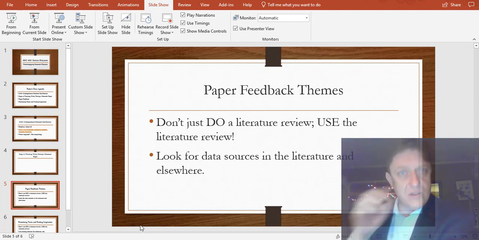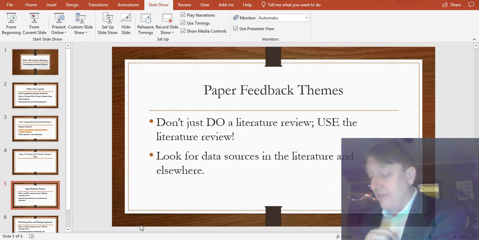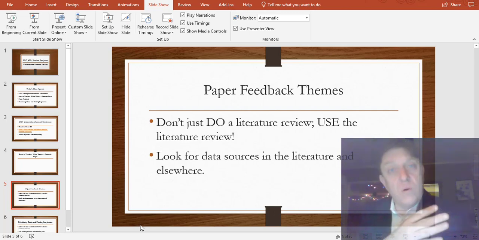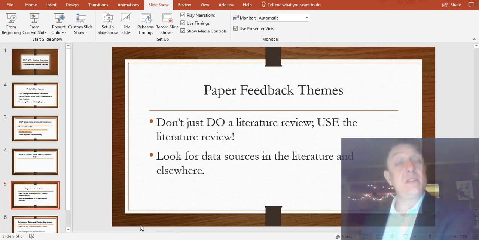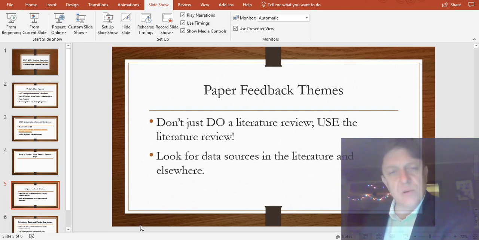Let's take a look at what these should be. These are variables. The poorness or the goodness of the work organization, the poorness or the goodness of the work design, the poorness or the goodness of the management, the unsatisfactoriness or satisfactoriness of the working conditions, support or lack of support from coworkers and supervisors. So see if you can find GSS variables that have to do with that. If you can't, then that's one thing. But if you can, and there are variables that are suggested by the literature, by all means include them in